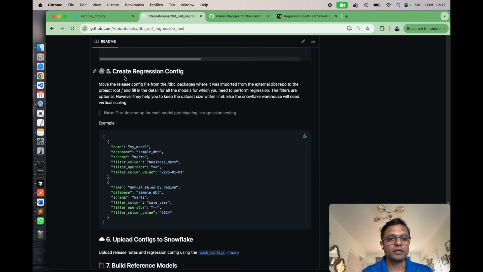Now I have to create the regression config. Now, what is regression config? As you read on the screen, regression config is a file where I as a developer want to define my scope of regression. Release is the current scope of regression, but the overall scope of regression, which are the models, and how I want to manage the volume that is going to take part in the regression process, is something which I want to define. So in this particular case, if you see,